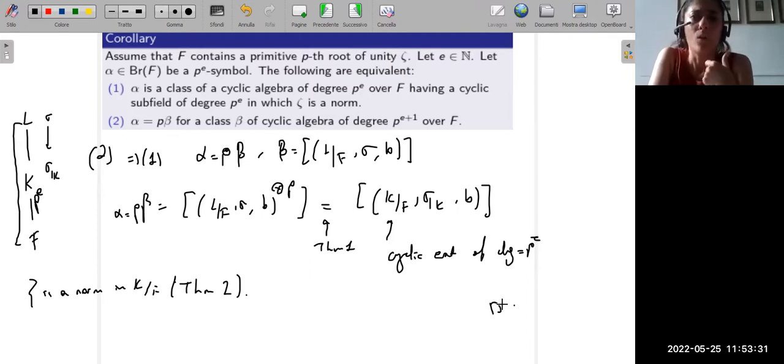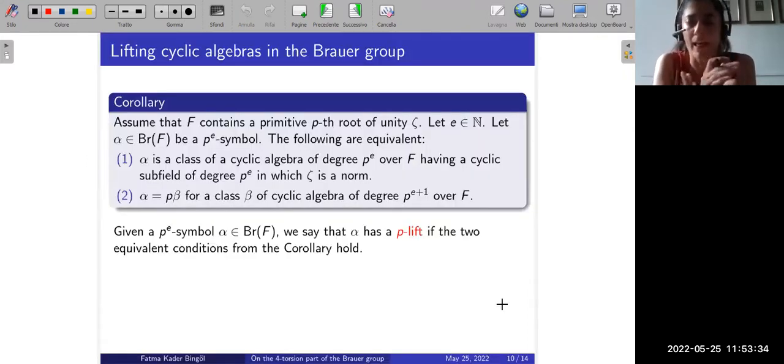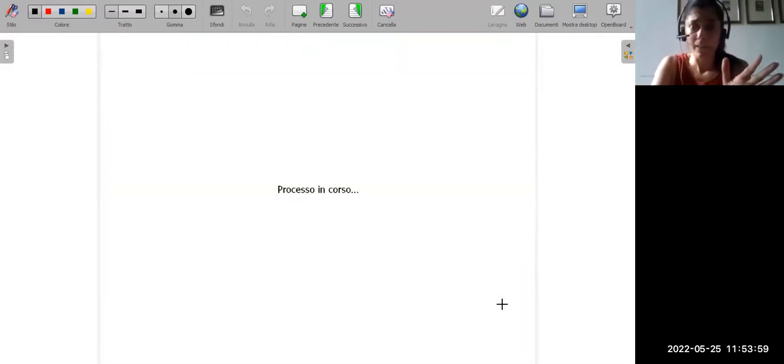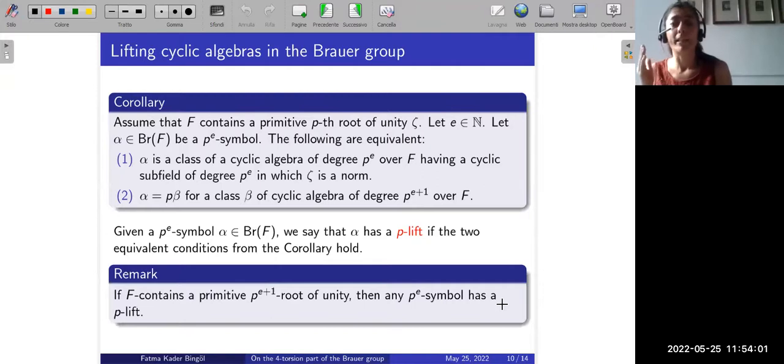So now let me introduce a terminology motivated by this corollary. Given a p to the power e symbol alpha in the Brauer group, we say that alpha has a p-lift if the two equivalent conditions from this corollary hold. For later use, let me already make the following remark. If you have a primitive p to the power e plus 1 root of unity, then any p to the power e symbol has a p-lift. This is because